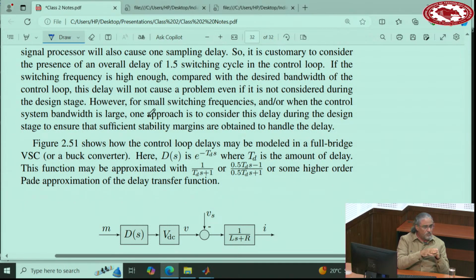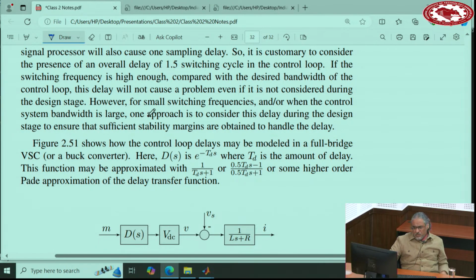There are even books written about analysis of PWM. I don't want to go into detail, but to put it in very simple terms, you can say it is a variable delay between 0 and 1 sample, and it changes. So on average, you can say 1.5 sample delay coming from digital control and the PWM. You may have delays in your sensors that again come into the feedback loop, and so on. So we need to make sure that, especially now that we are tempted to operate the converter at very high speed, the speed of this converter does not go beyond